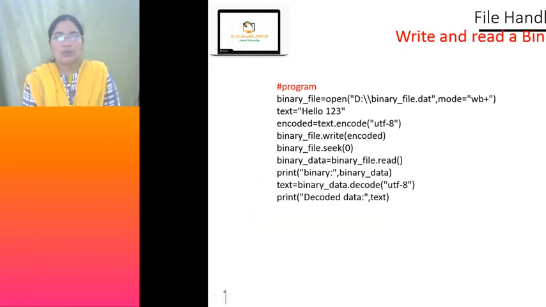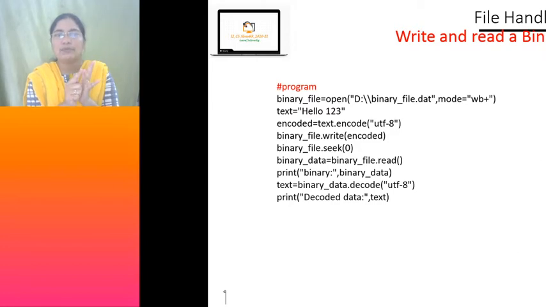So, writing and reading. Let us proceed to binary file handling. In the previous session, we completed text file handling. Let us proceed to read and write operations on binary files. Whenever a binary file is there, in which mode will we use, apart from r, w, a, what is the other character we see?